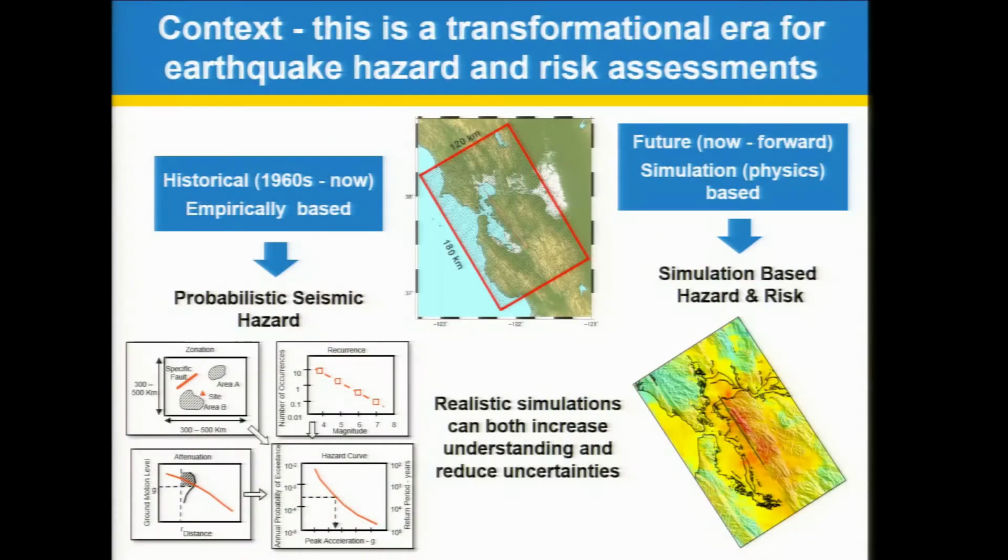Well, I think it's me as well as our entire team. We have been thinking and dreaming about being able to simulate earthquake ground motions at frequencies that are relevant for structures for probably 2 decades now. We haven't been able to do that because the computational resources have just not been there. We could get to maybe 1 or 2 hertz, which is ground motions that vibrate at 1 or 2 cycles